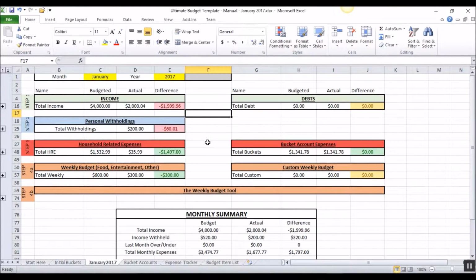I'll start showing you my exact numbers. You know what we do first? Download the transactions from my bank, and then I'm going to transfer those over right into the budget template today. Here's where we ended up last week. I currently have negative $1,999.96 in my income, negative $60 in my personal withholdings. I have household-related expenses. We're currently in the positive,